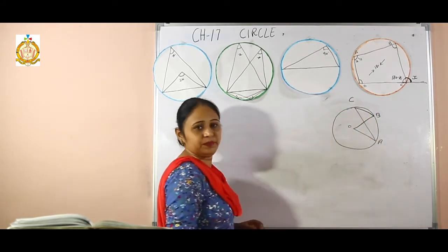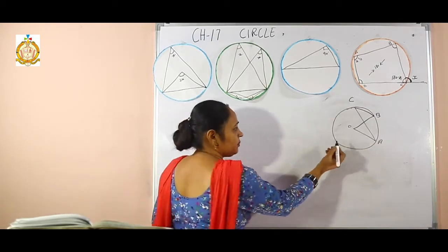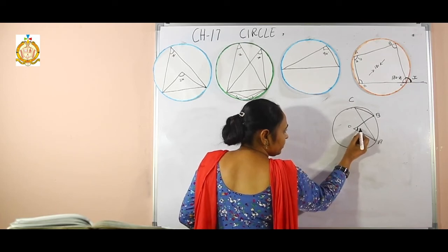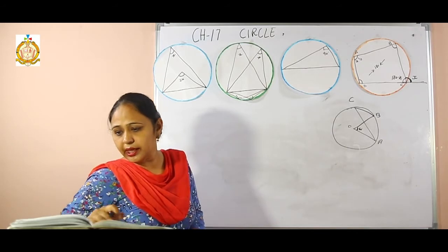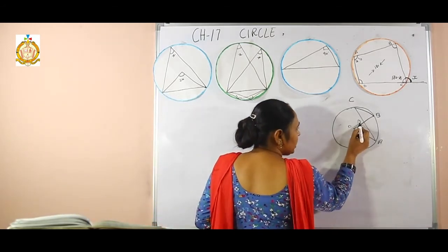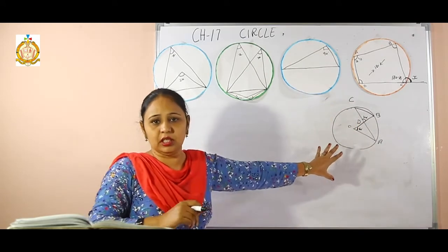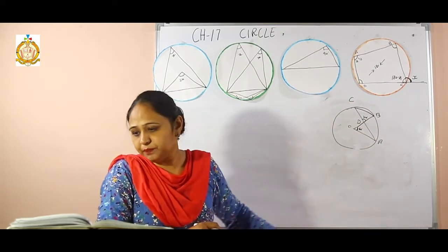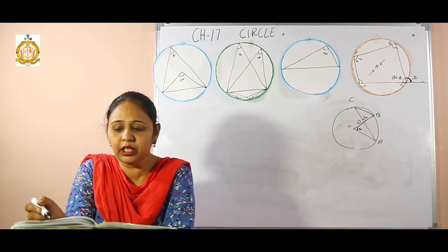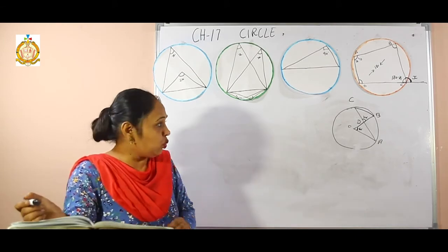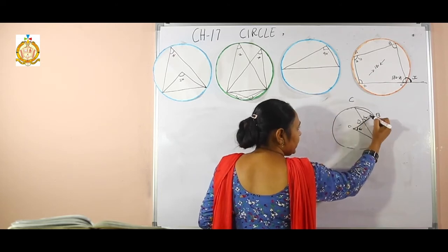There is another point. Then one angle is given, that is 60 degrees, this one at the center. And another angle at point D, where it cuts, there is D, is given as 100 degrees. This is the figure in your book. Then he asked: angle AOB is 60 degrees, angle BDC is 100 degrees. We have to find angle OBC, starting from O, O, B, C. That means I have to find this angle.